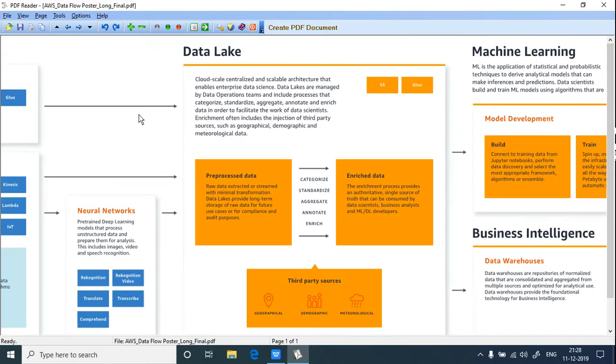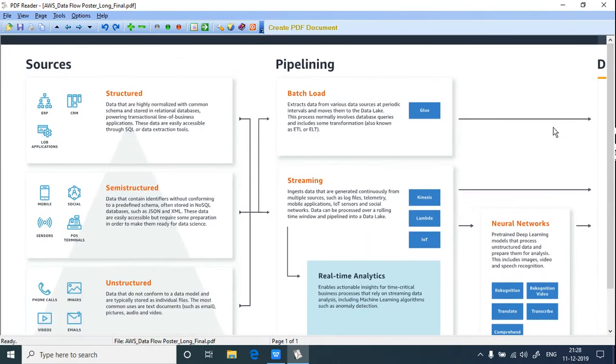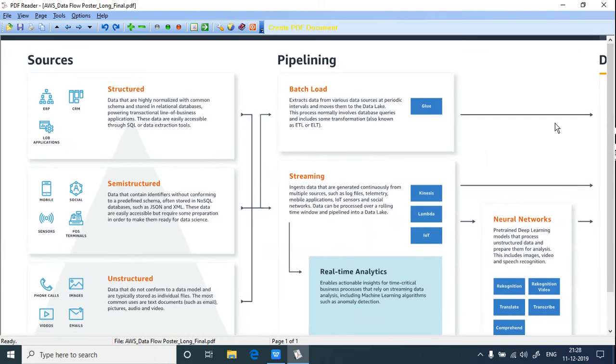Now if you see here, Data Pipeline can pull the data from structured databases, semi-structured databases, unstructured databases. I don't want to explain much on these data types because that is a separate topic again. So here what happens when they pull into this, it will have streaming data and also batch loads, and real-time analytics can be used here to perform activities against the data.